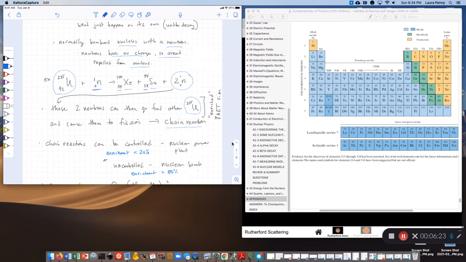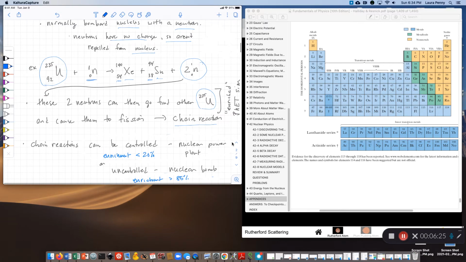This only works if you actually have an enrichment, if you have a lot of uranium-235. Now, uranium-235 is not the most common isotope of uranium, and so you have to enrich your uranium. In other words, you have to deliberately make uranium which has a higher percentage of 235 in it than the natural 238, which is usually what's there, the most common isotope. And when we see situations where countries or organizations are trying to enrich uranium, then we start to wonder, what are you going to do with that uranium?